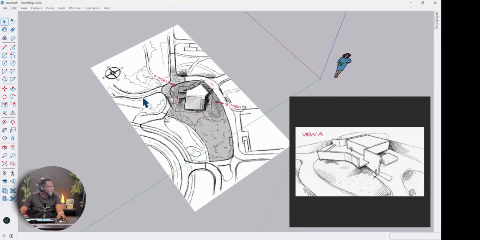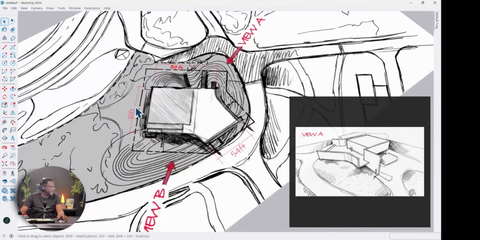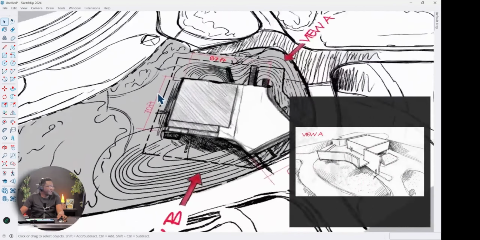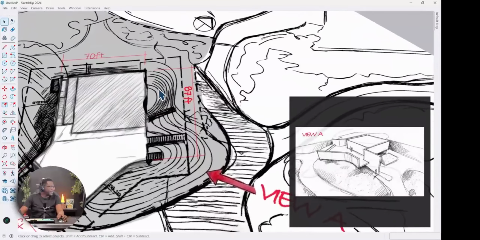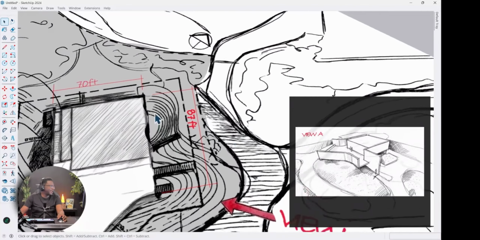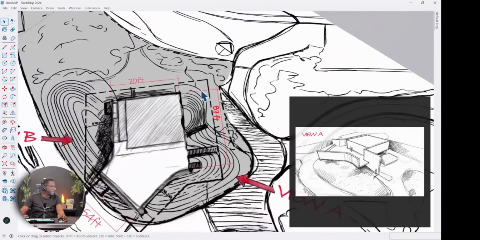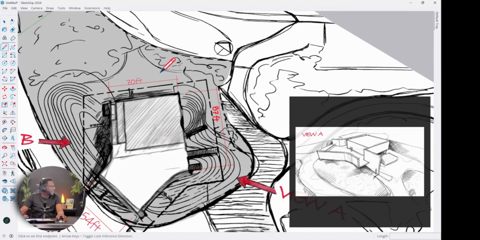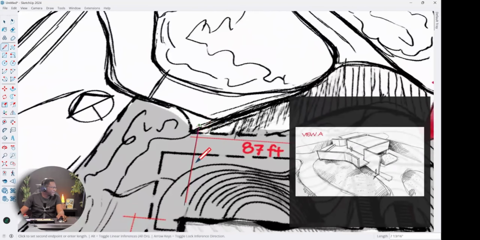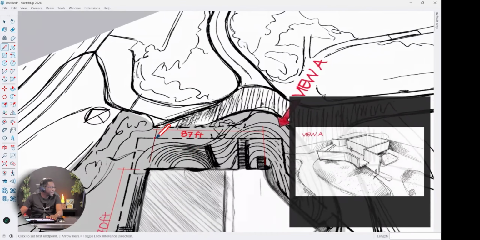All right, now in order to scale this drawing, all we need to do is use a reference measurement, and I'm going to show you an easy way that you can scale this drawing in SketchUp. So all I need to do is, like this measurement here that is 87 feet, I'll take my pencil tool and draw a line that's roughly about where that 87 feet is, and I'll just copy it.